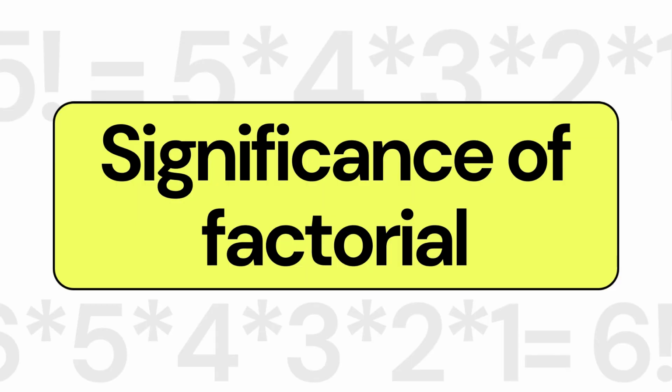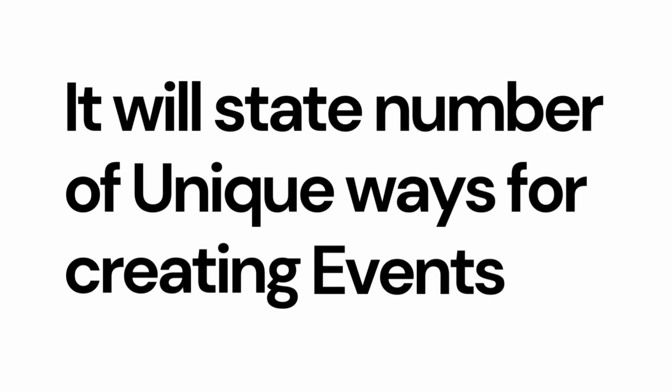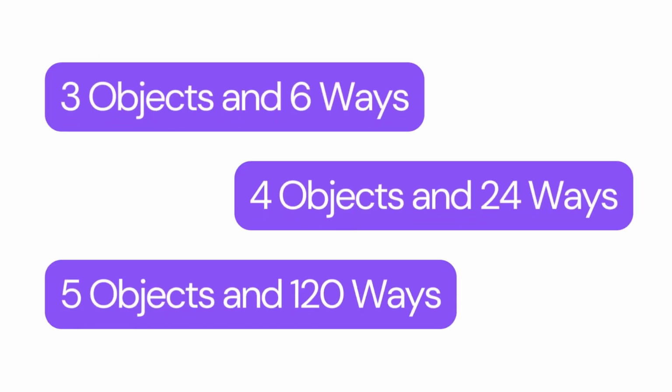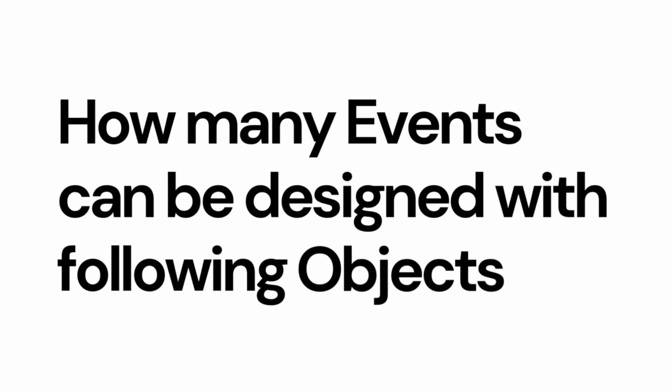What is the significance of the factorial? Factorial tells us how many unique ways we can arrange an event with the following objects. If we have 2 objects, we can design 2 events. If we have 3 objects, we have 6 unique events. If we have 4 objects, we have 24 unique events. In the same manner, we can calculate how many events we can design with the following